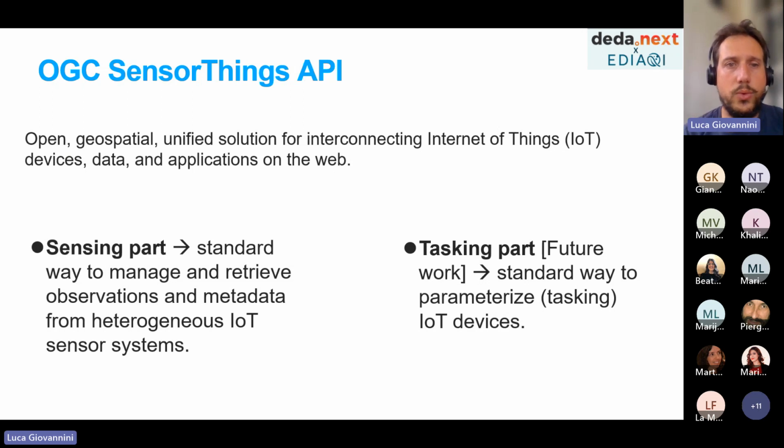So how to manage and retrieve observations that have been taken by sensors, while there is a whole new part, the so-called tasking part, that has to do with how to transmit commands to the devices.